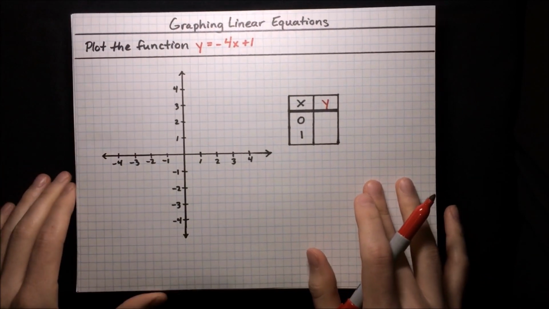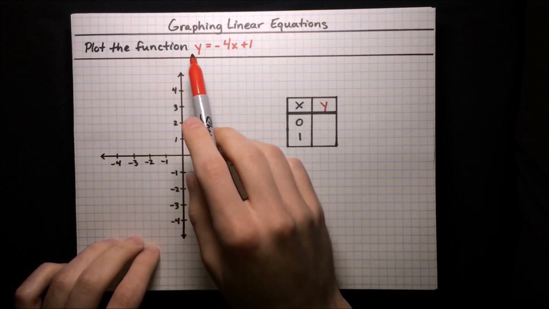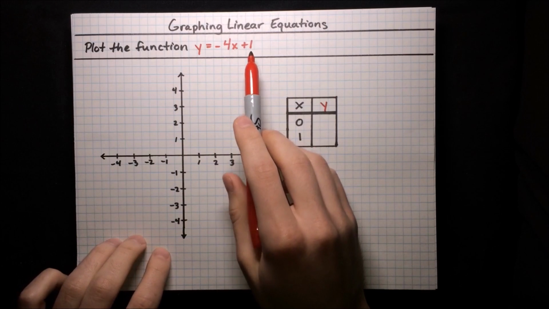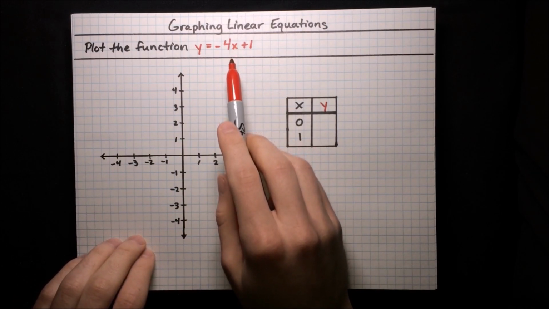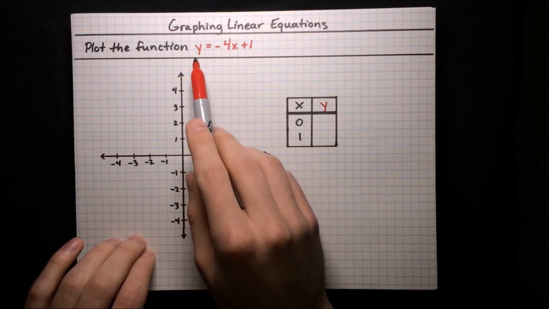Here's an example of using 2 points to plot a line. So we want to plot the function y equals -4x plus 1, and we know this is a linear function because the power of x is 1 and the power of y is 1. They're both powers of 1, that means it's a